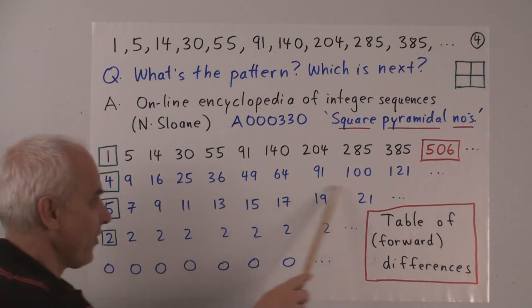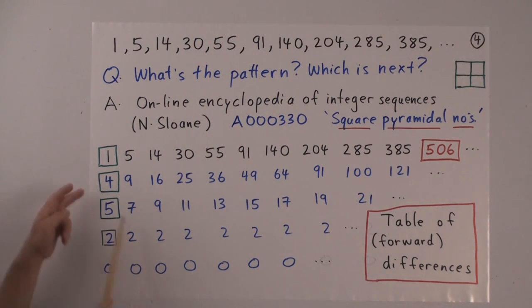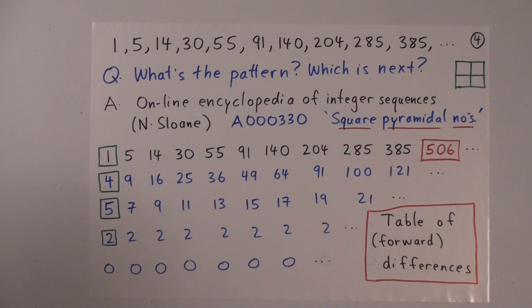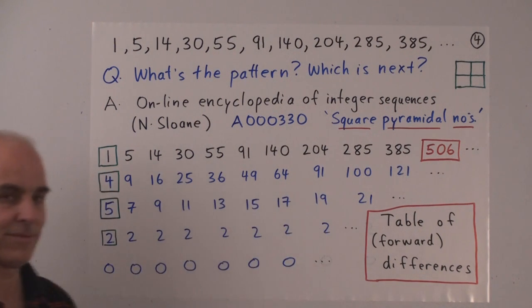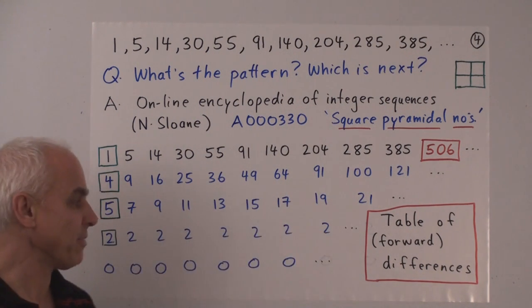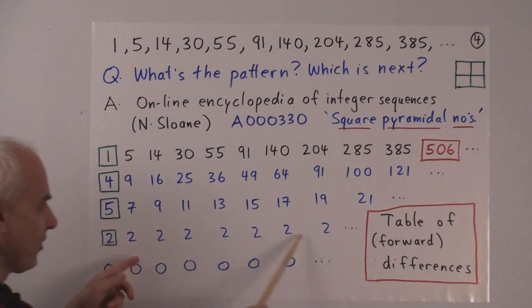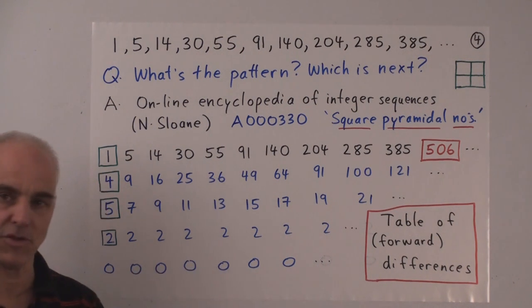Now most of you will recognize this sequence here, but suppose that you didn't. And suppose you said, what's the pattern here? Again, you could look at the differences. What's the difference between 4 and 9? It's 5. The difference between 9 and 16 is 7. The difference between 16 and 25 is 9. So there are all the differences between these ones. It's pretty obvious now what the pattern is, but if you didn't know, you could take the differences between these successive ones, which are all 2s. Now it's completely obvious what the pattern is, but if you did it one more time, there would be all differences of 0s, and from then on there wouldn't be anything else to do.